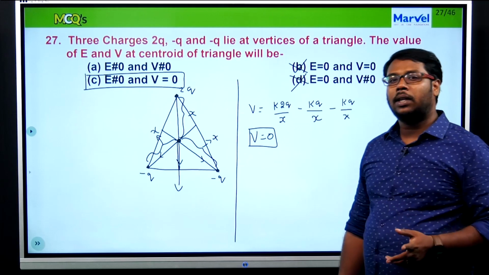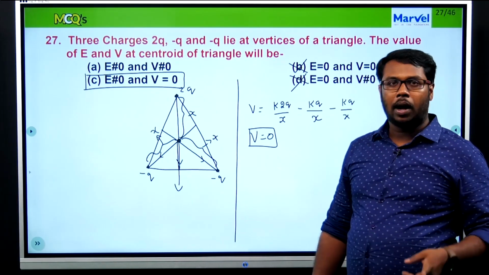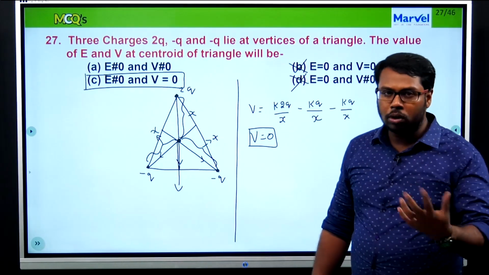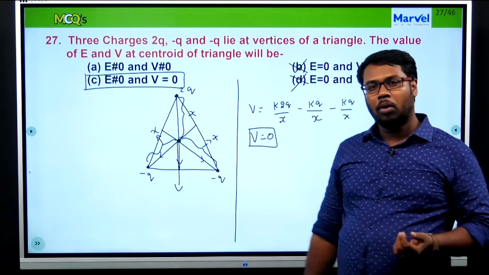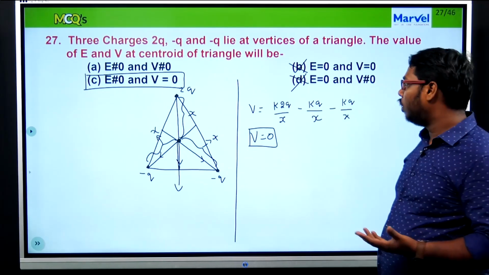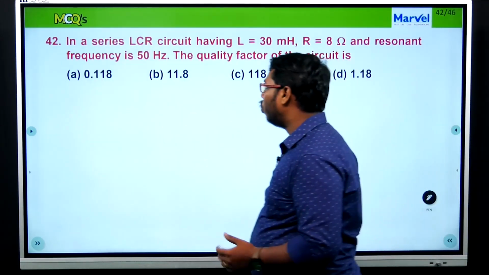You have to understand that the direction of the electric field and the electric force are going to be the same, and you will have to do the same type of calculation to probe both the values, and I did the same at the centroid and I have finished it. So, this is how things really go with this particular problem. So, next we move to an LCR circuit.